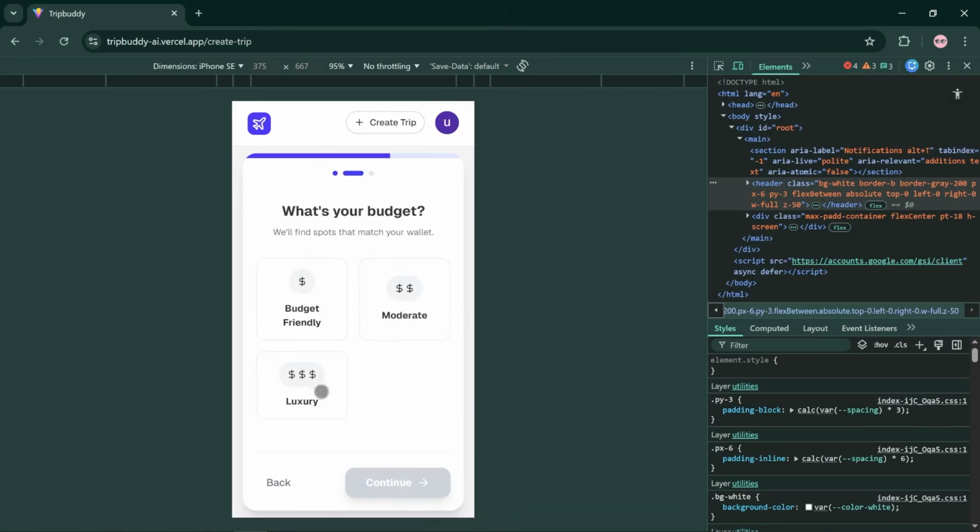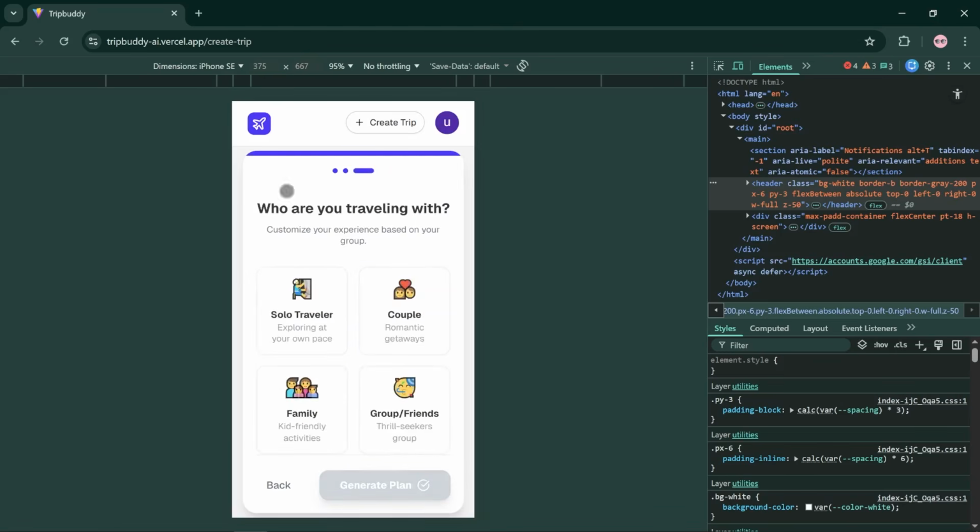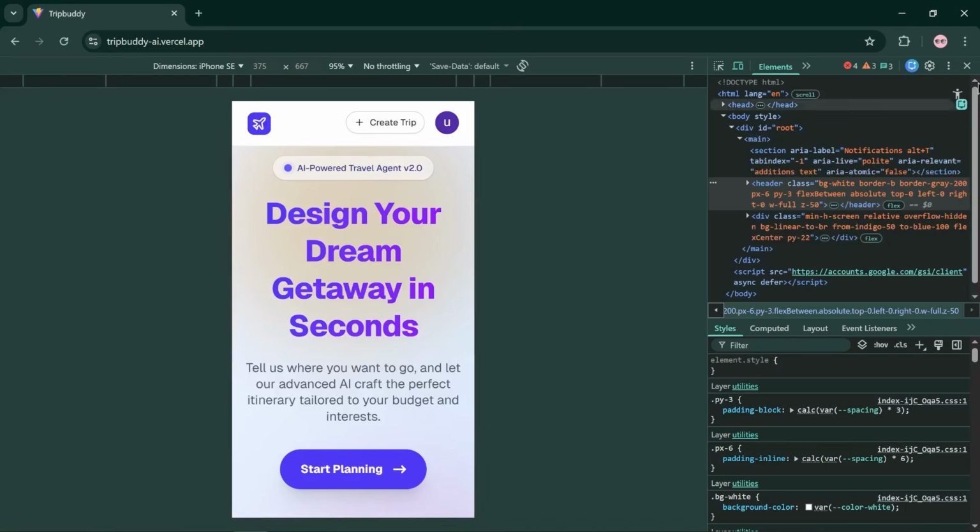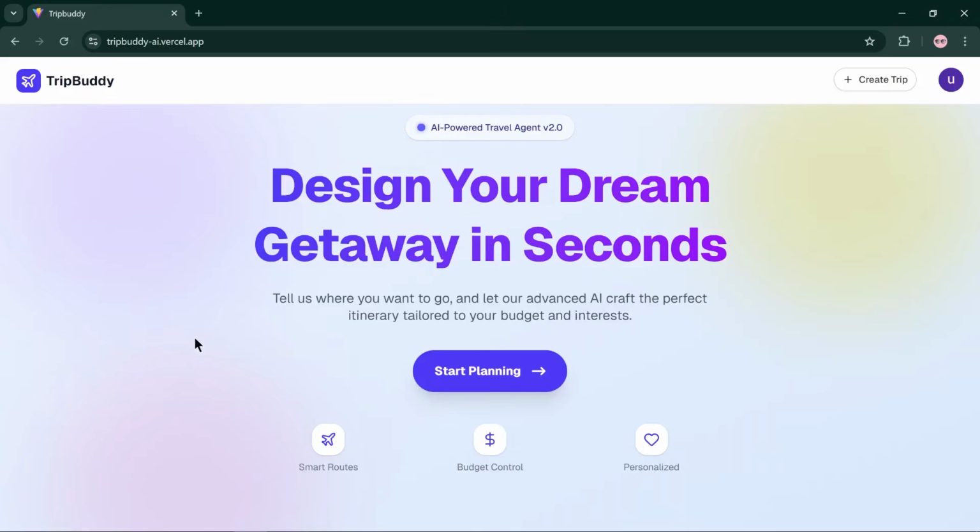You can see it's beautiful inside the mobile preview. Okay, it's working perfect and looking great. How beautiful and modern. The AI trip planner. Okay,